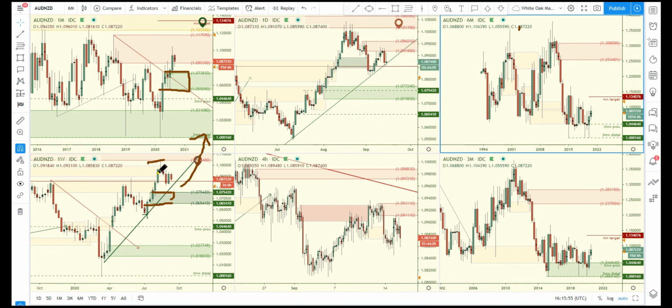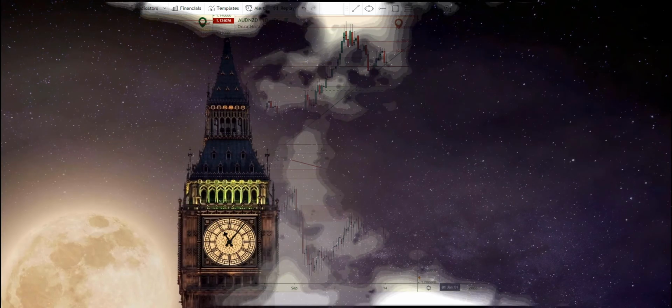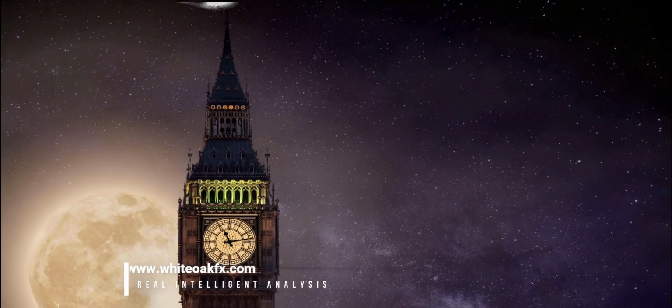Now we do see more upside potential in the short term for the Aussie, but longer term weakness. So when we get over to the Kiwi, we'll have to examine that one and see if there is an even stronger potential for the Kiwi to be weaker than the Aussie. Okay, so we'll get to that one later on. Cad Yen, we have